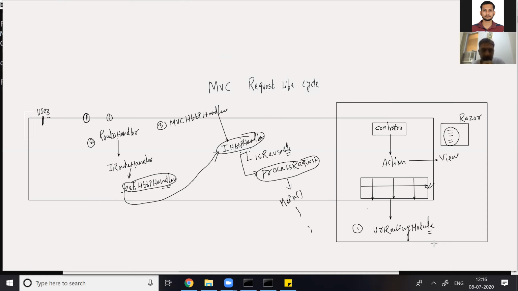The ProcessRequest function acts as an entry point and is responsible for loading the controller class into memory. The journey begins from the ProcessRequest function to load the controller class into memory.